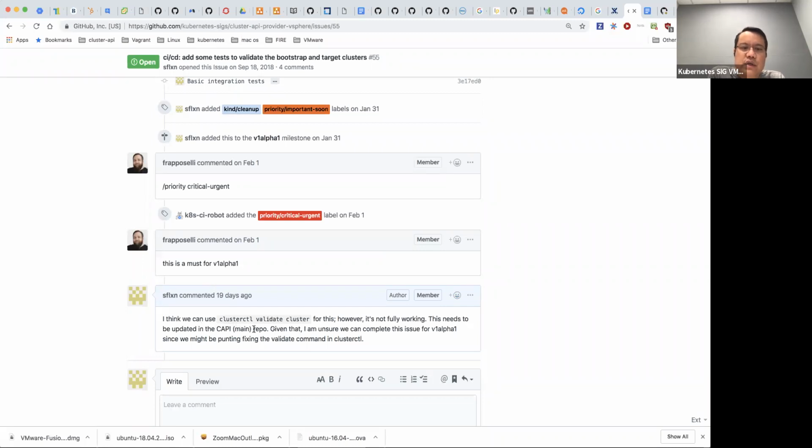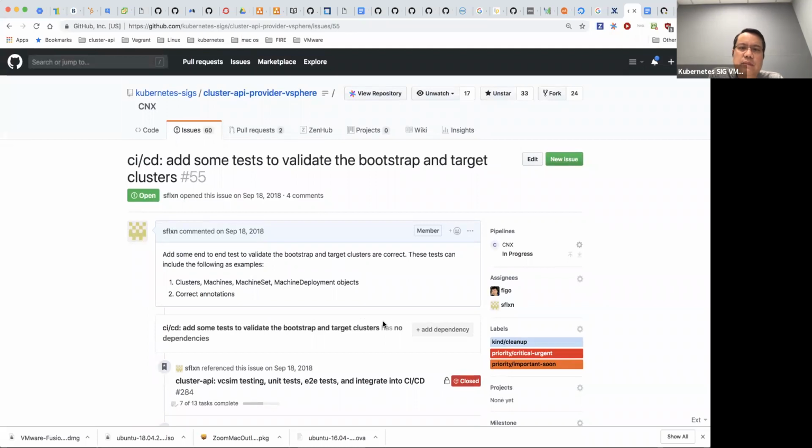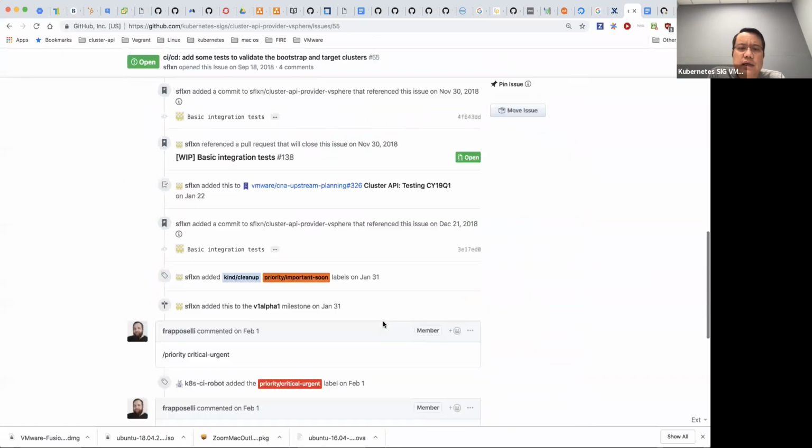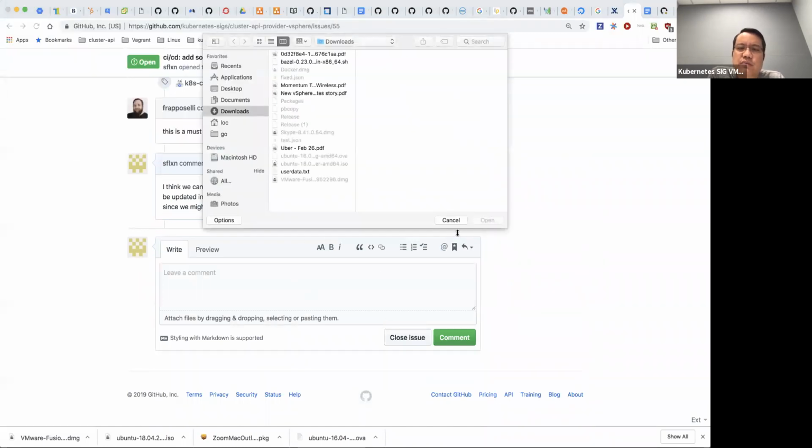I think we can use clusterctl validate cluster for this. It has some simple validation, and I'm going to look at it again to see what it actually tests, but I think that we should just use this to do the validation of the target cluster. I'm not sure about the Bootstrap cluster. I don't think we really care about the Bootstrap cluster. But in any case, the reason why I want to use clusterctl validate cluster is because